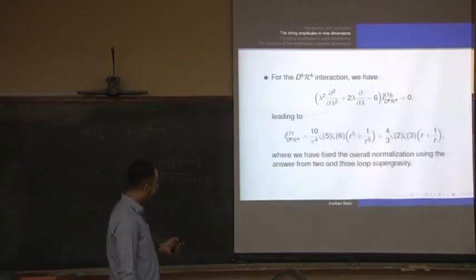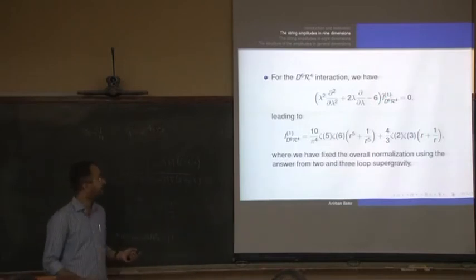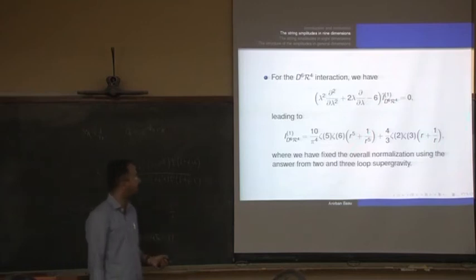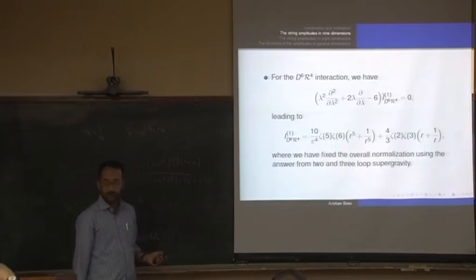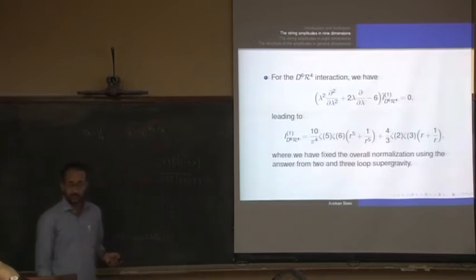And finally, for the D to the 6 after the R^4 term, there was a third Eisenstein series, with eigenvalue 6 here. So this is what you do. This term is trivial. There was one part which was proportional to a factor of zeta 3. This term is trivial. This is the non-trivial term. And again, you fix the coefficient using supergravity. So for the 9-dimensional example, I've shown you how to fix these coefficients exactly.